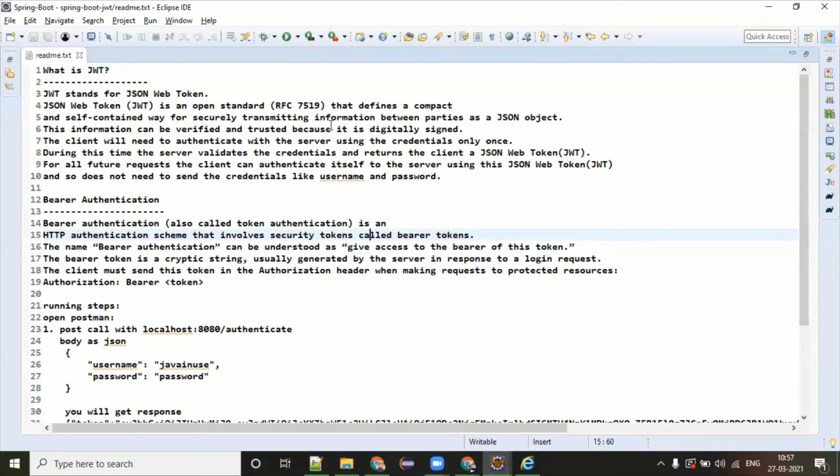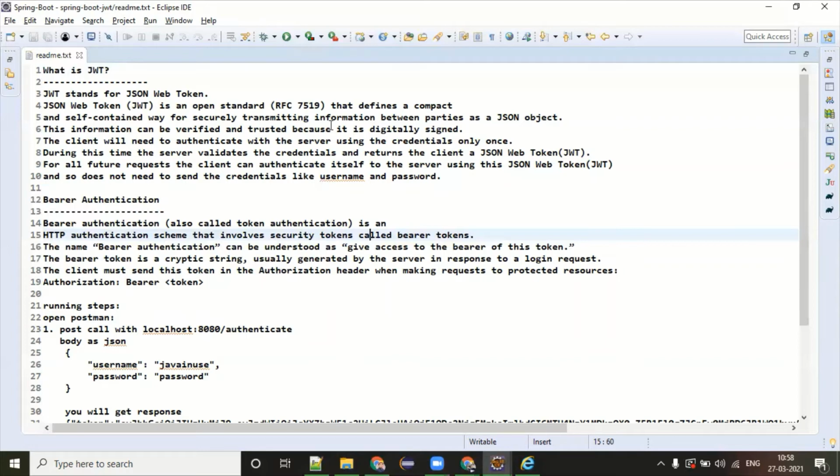Every time a request comes, you are expecting someone to provide some token, and this token is going to be validated by the server that generated it. You use a different algorithm to generate that token, and this token comes along with each request.